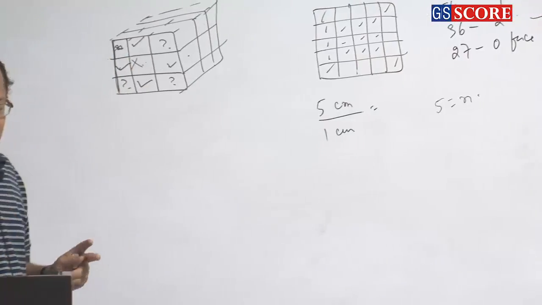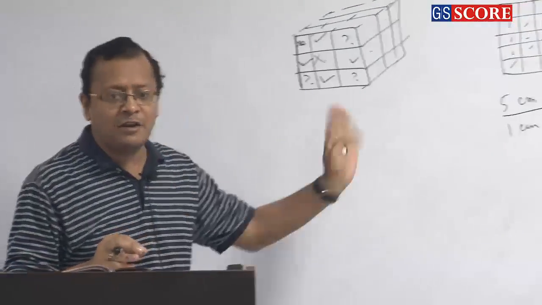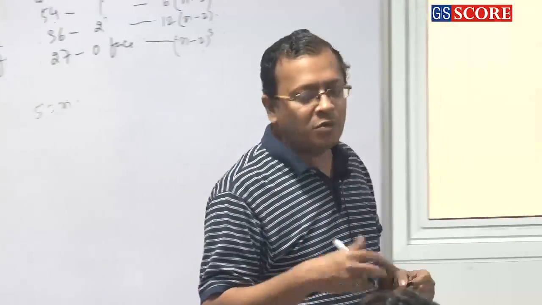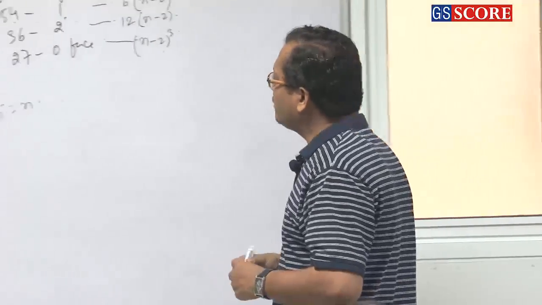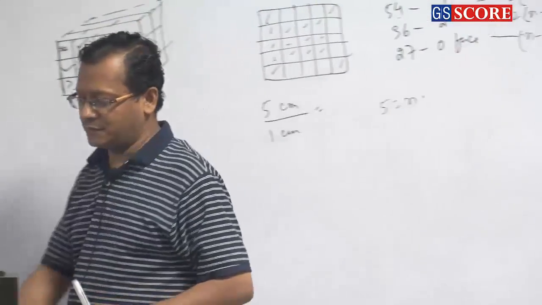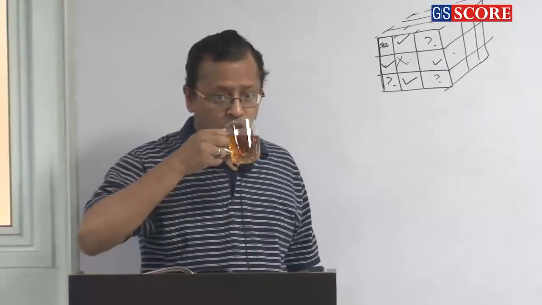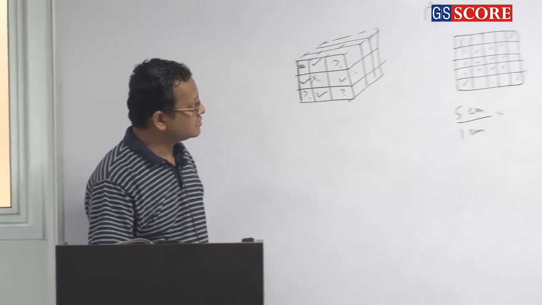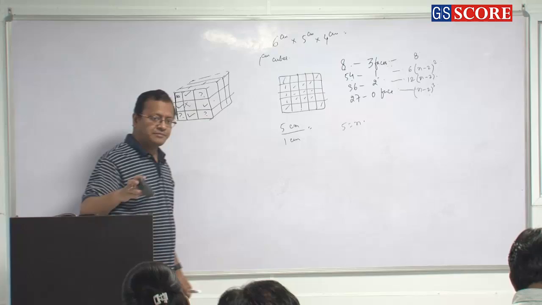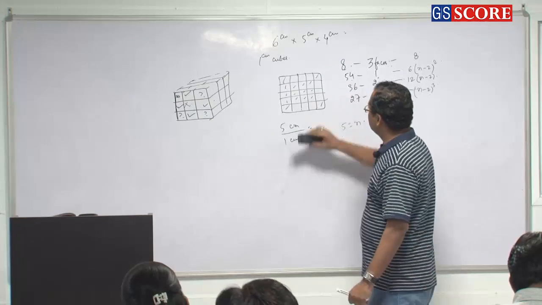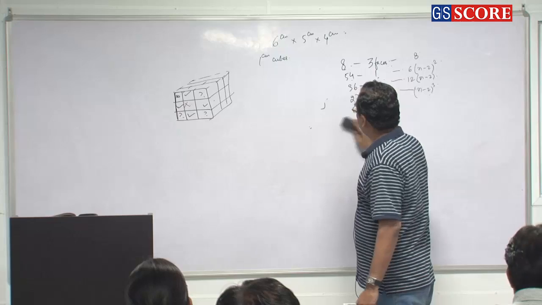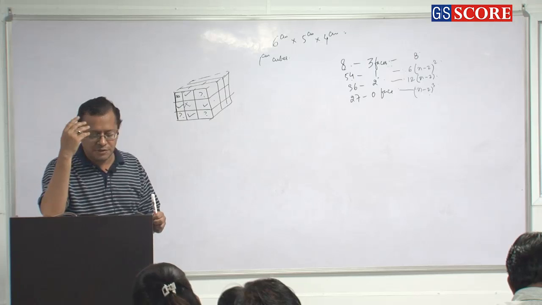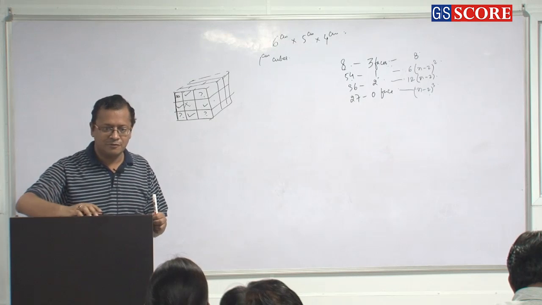So first try yourself and then I will give you the formula. How many cubes are having one face painted? How many cubes are having two faces painted? How many cubes are having three faces painted? I will straight away write the formula, but first try yourself. See if any bulb is glowing. First try yourself.